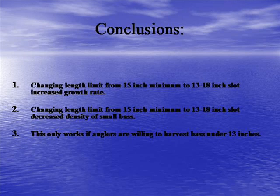In conclusion, changing the length limit from a 15-inch minimum to a 13 to 18-inch slot increased the growth rate at all three lakes. Secondly, changing the length limit from a 15-inch minimum to a 13 to 18-inch slot decreased the density of small bass. This only works if anglers are willing to harvest bass under 13 inches, which was difficult at the larger surface acre at